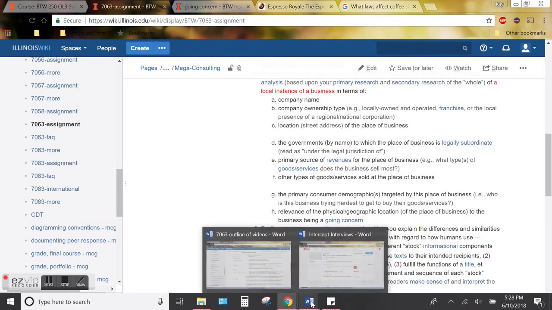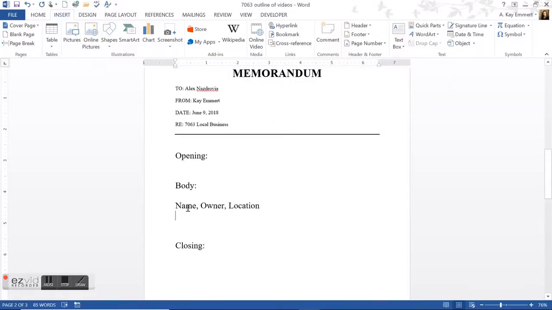So for example, even just looking at the location, if you remember our outline of our paragraphs, very basic information: the name, the owner, and the location. I could ask the question of what would be a going concern for each of these items. Maybe the owner is near retirement and just doesn't want to spend as much time managing the business anymore. That would be a going concern, trying to find a replacement or deciding whether or not they want to keep the business going on after them.